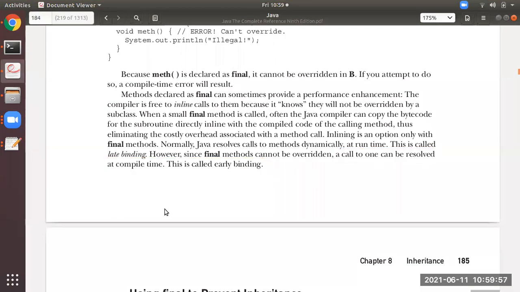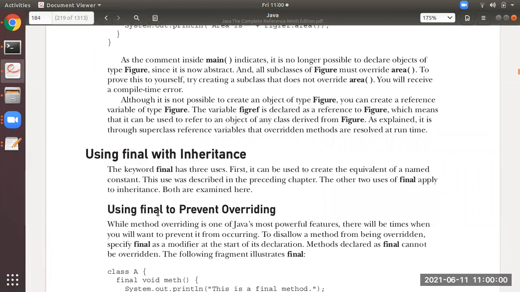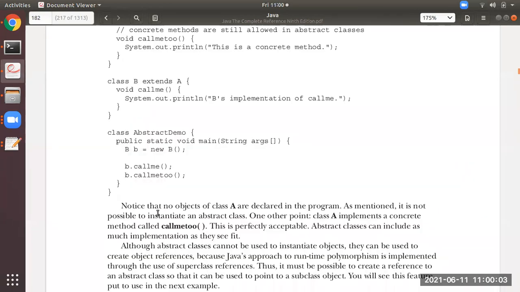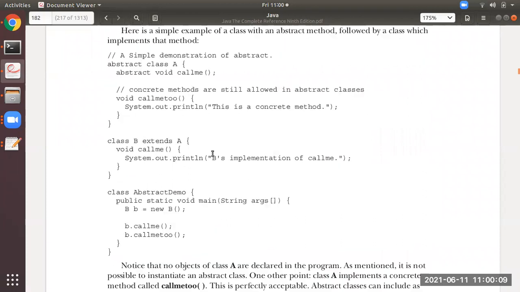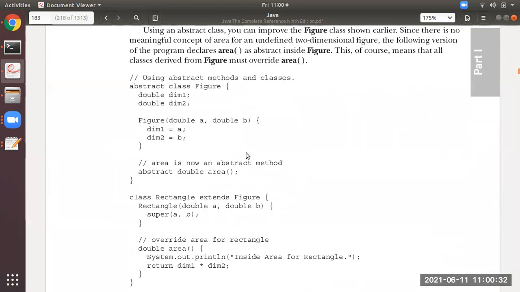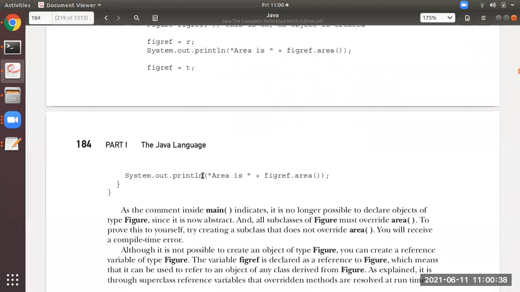Okay, students, so this is enough for the abstract class. We have seen the use of the abstract class. Try to revise this. A class declared as abstract can have a method without definition, but it should be declared with the abstract keyword, and an abstract class can have concrete methods also. Remember this. And one more point to remember: the abstract method should be defined in the child class. Like you can see here in class B, the definition is there. Same thing with a bigger program, class figure and class rectangle as the subclass.